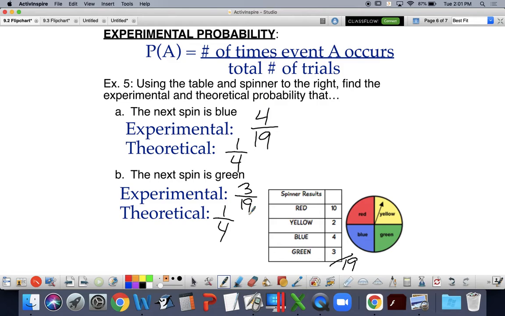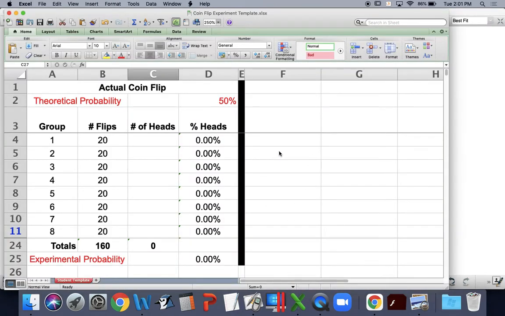Here's what we're going to do. Each pair, I don't want to flip all day here. Each pair is going to just flip 20 times, and you have to keep track of the number of heads. So make sure you only each flip 20 times and keep track of the number of heads. We're going to combine all of our data together and put it on our spreadsheet. So we've got how many groups? 1, 2,